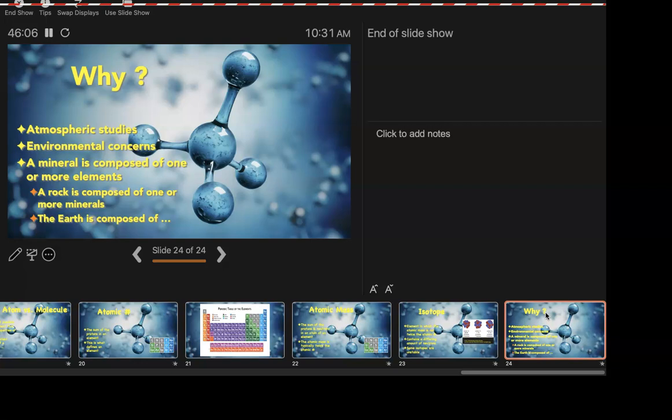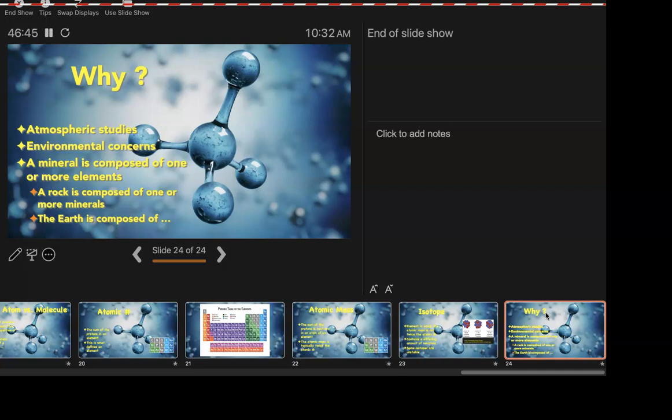You're going to spend way more than an hour in lab learning to recognize minerals, don't get me wrong, but the philosophy behind them, the theory behind them. So in order to understand that, you got to understand elements. And in order to understand elements, so we back up. And in this case, we backed up as far as we can go. It helps you understand atmospheric studies. You can read that as meteorology or weather. Pollution is nothing more than elements floating around in the air that we don't want there, right? So if you want to understand how to deal with pollution, you need to understand the elements in them.